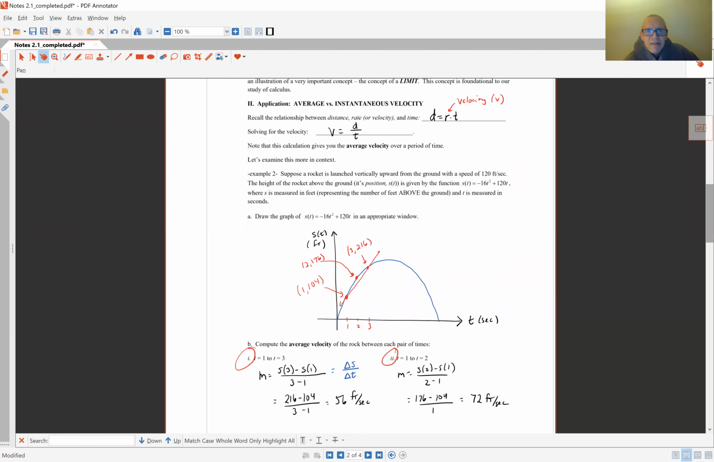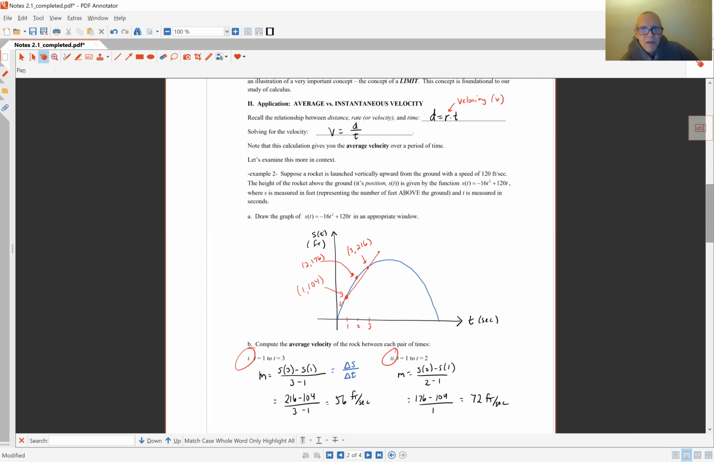Okay, so let's see if we can find the average velocity. The average velocity is basically the slope of the line connecting the two ordered pairs. So, for example, when t is 1 and t is 2, or when t is 3, what's the slope of the secant line? Let's start by finding the average velocity from t equals 1 to